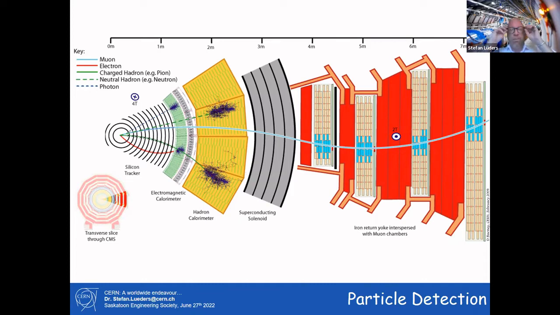And there's one more particle which is very special, called the muon, the brother of the electron, a little bit more heavy, that is crossing the whole detector, and it's leaving a signature even on the right-hand side in the so-called iron return yoke with muon chambers. That is very, very handy for us. So this is more or less the picture you're taking. Don't think that the picture looks like this. What you're getting as a physicist is more or less a small table of the different particles, the energy, the speed, and then you have to do your analysis to combine everything together. So this takes a little bit more work to get done.